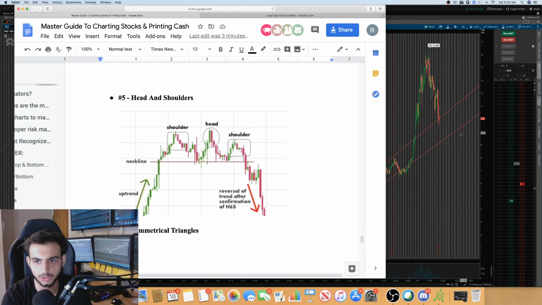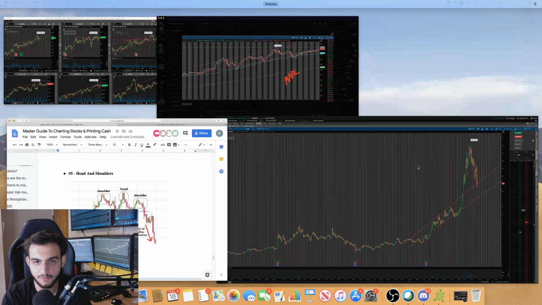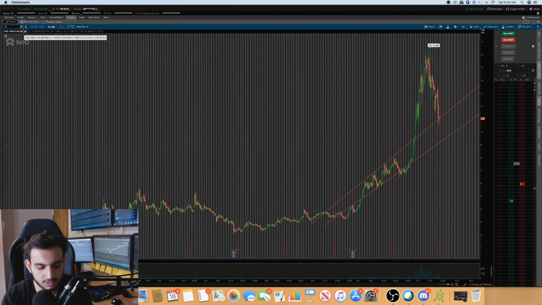Okay, head and shoulders. Now, do you need to know that this is a head and shoulders, or can you just tell me, okay, it tried to break over this line three times, it hasn't been able to break it, and now it's back down at the bottom? What's the likelihood of it bouncing off of here? It doesn't matter, because as soon as it breaks down below this line, it's probably going to make a move down, and we can see a head and shoulders probably on